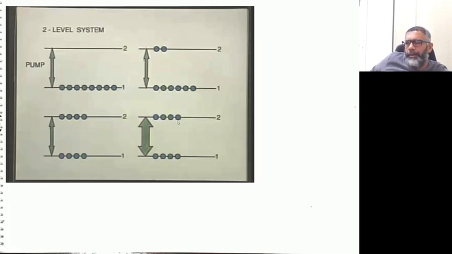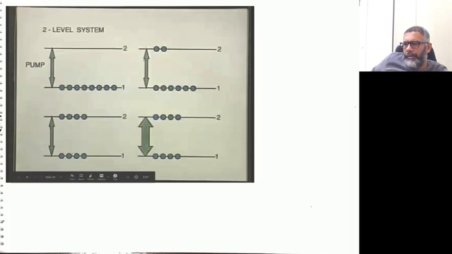If you reach this number, initially of course the number of excited levels is going to be smaller than this one, so your system will act like an absorber. But once you reach the point where these levels are equally populated, your absorber will never become an amplifier, because you have photons going back and forth in this chamber where you have these atoms or gain medium,